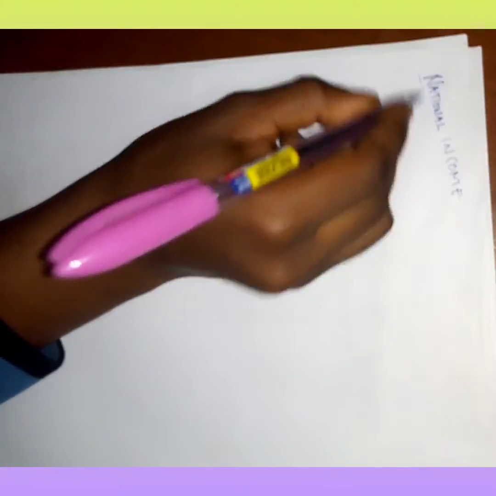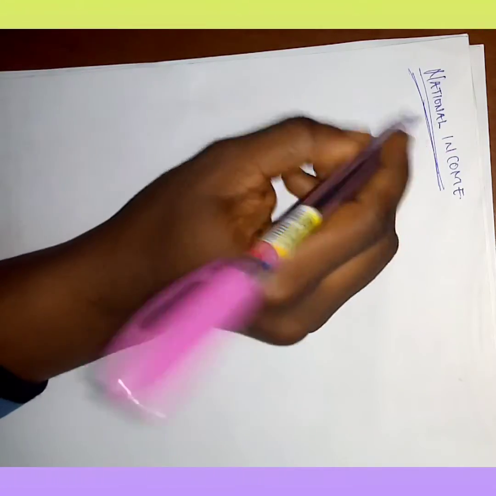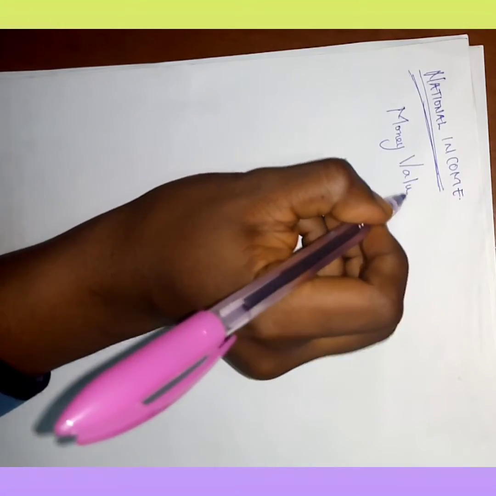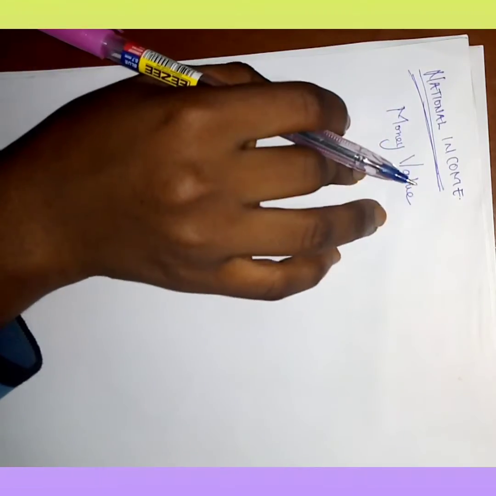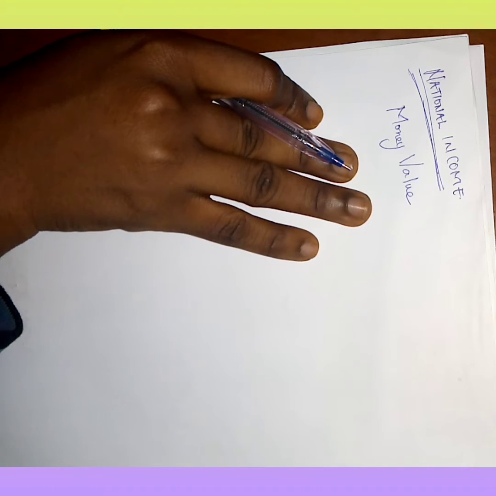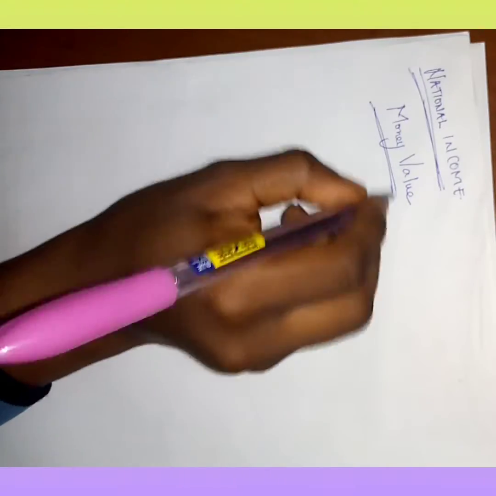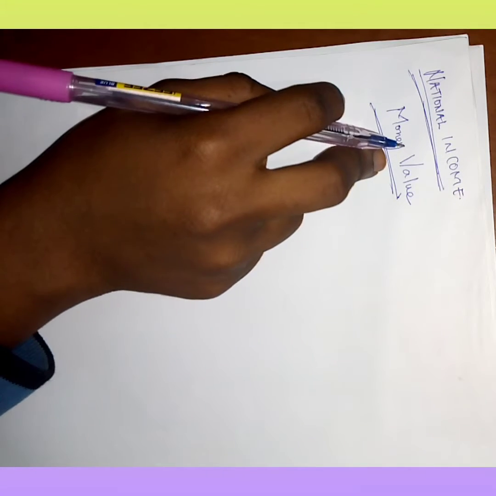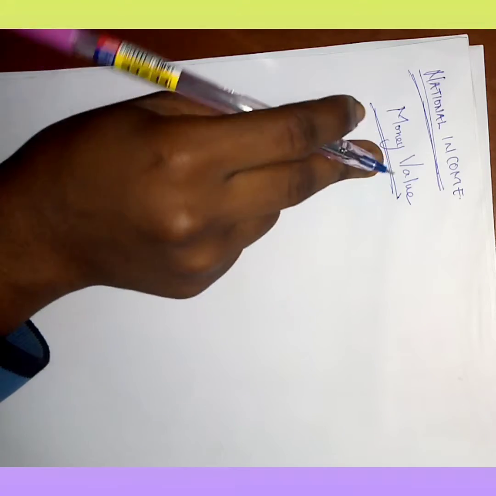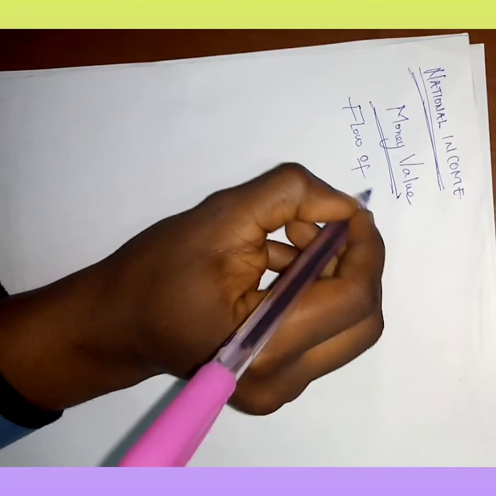Now, what is national income? The national income is just the money value of all the goods, or we say the market value of all the goods and services produced in a country within a year. So the national income is a money value, that is, anything that can be measured in terms of money is what we include in the national income, and it also measures the flow of goods and services,